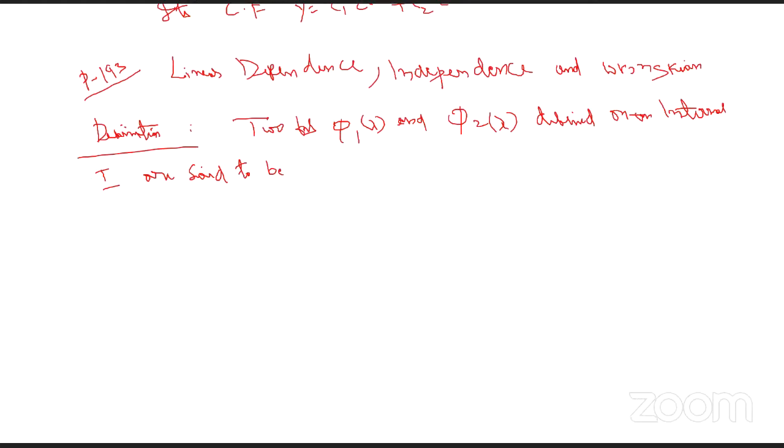LD means linearly dependent on I, where I means interval, if there exist two constants